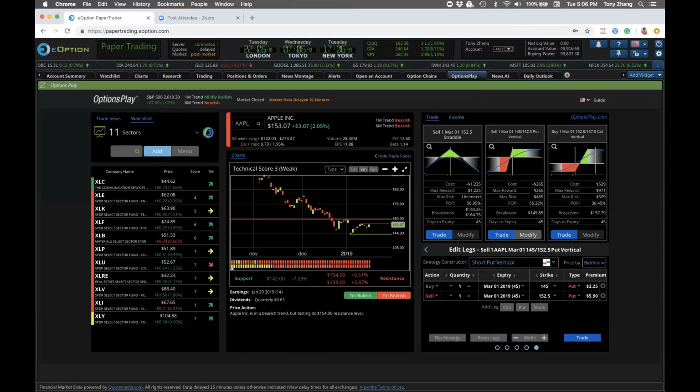Even if you're right 60% of the time, in the 40% of the time that you are incorrect, you're going to lose substantially more than what you make up, whereas the debit spread gives you a substantially higher reward when you're correct and a substantially lower risk when you're wrong. So yes, selling credit spreads is better from a volatility perspective, but the gains in volatility do not offset what you lose from delta. When you're selling a credit spread, the risk to reward is just skewed against you right off the bat.